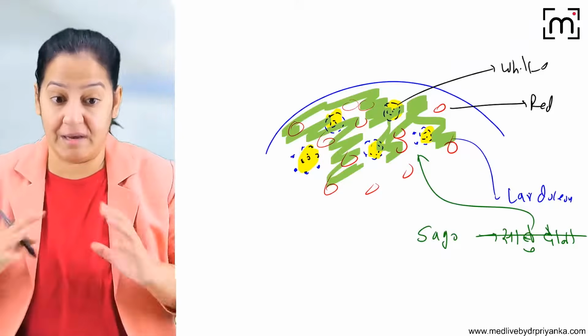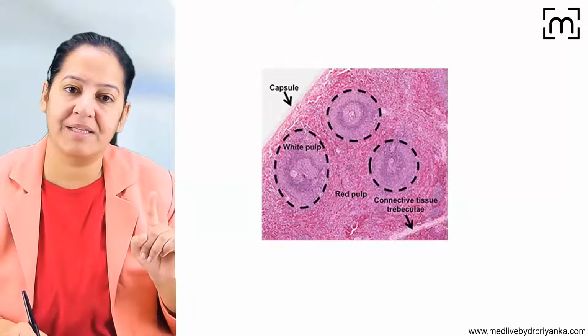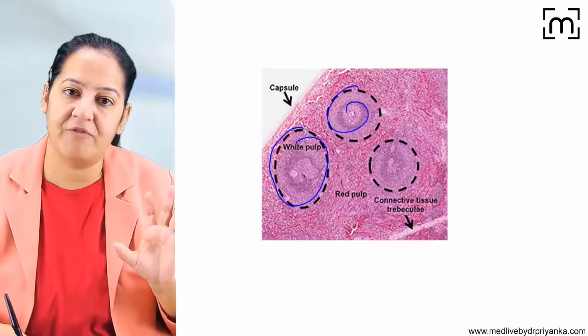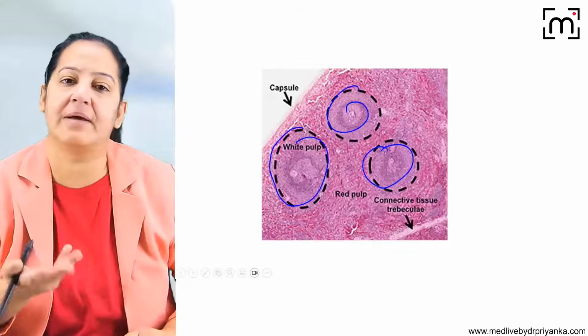Lordoceus means enlarged spleen. Let me show you the two diagrams. Can you see this is a normal spleen? In the normal spleen, you can see this is white pulp. Appreciate the white pulp is in the form of follicles, and the background is the red pulp. Between the white pulp, you can see the sinusoid. The sinusoid is the red pulp.